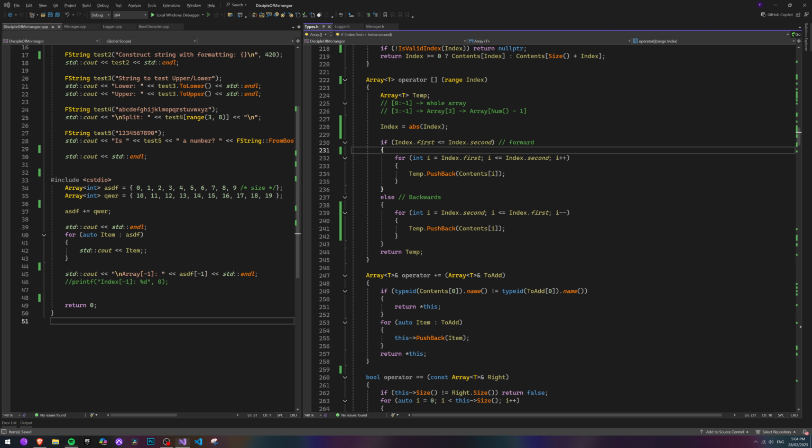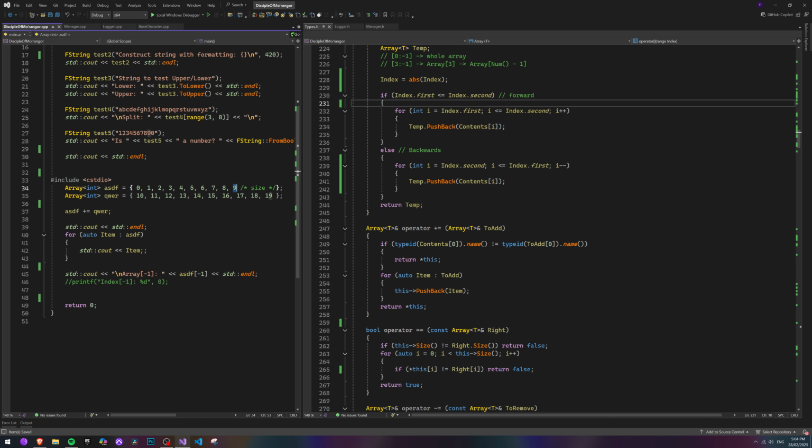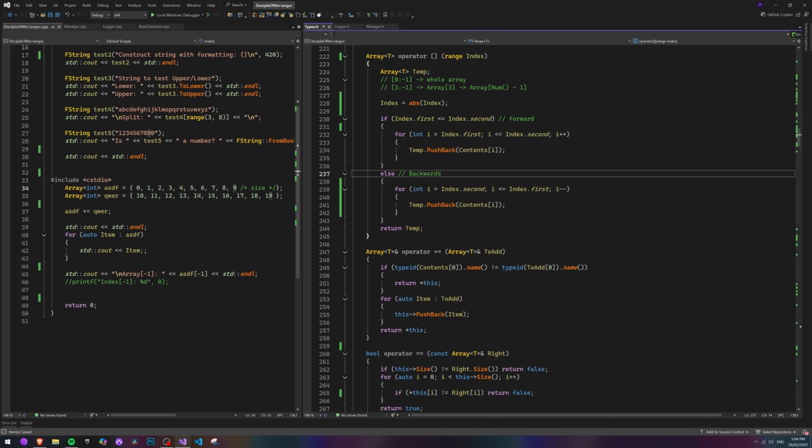If 3 is greater than size, we just have a regular ass for loop. Yeah. Else, I guess. Else, if second is greater than first,